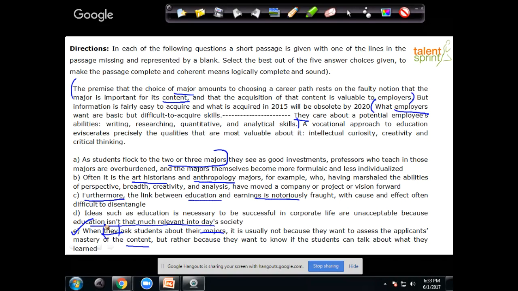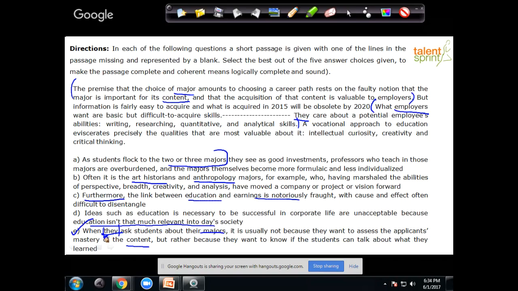What I'm trying to say is, the strategy that you can apply for question types like this is to not waste time reading the entire 4 or 5 sentences. Pay attention to the topic sentence, preceding sentence, and following sentence around the blank. Look for repeat words, and ask questions. Who is asking these questions? Who are the key players? Ask why, what, how, when. So when you say who is the they, you know it refers to the employers. So those are some quick methods in which you can arrive at the answer.